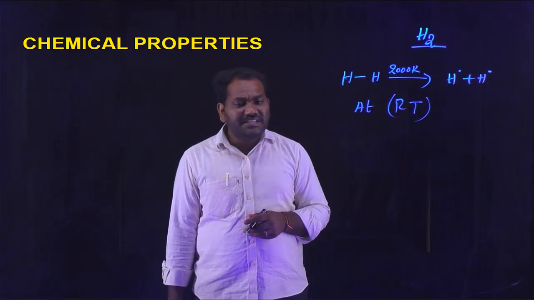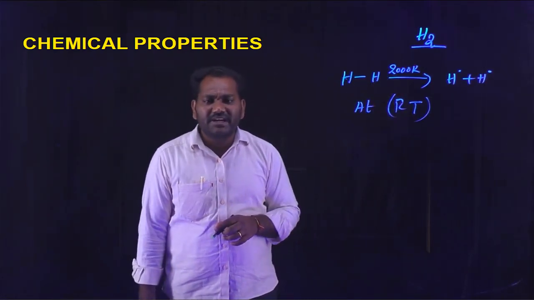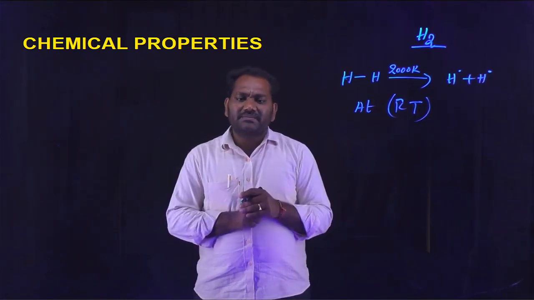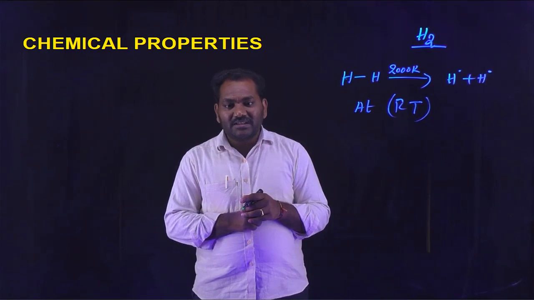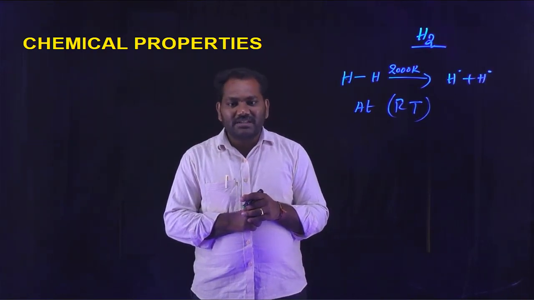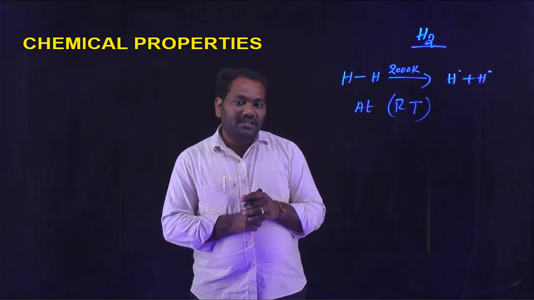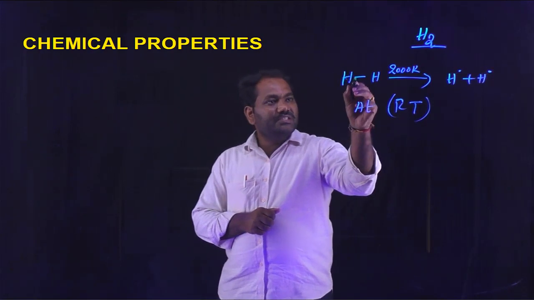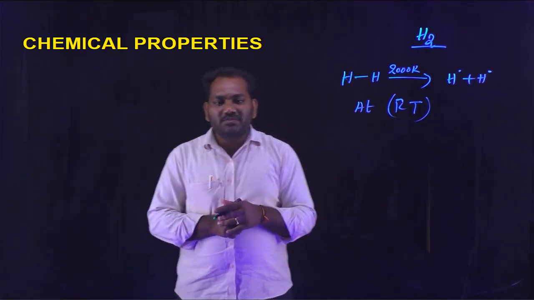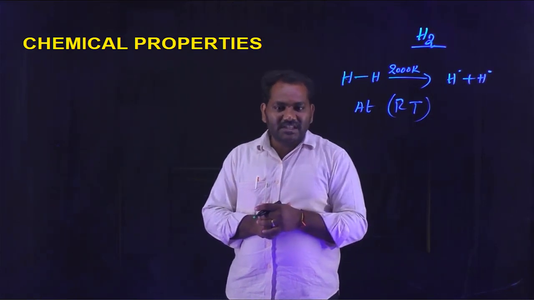But hydrogen needs around 2000 kelvins. At room temperature, generally hydrogen is considered as an inert medium. That's why H2 gas is also used to create an inert medium in the laboratory at room temperature. Why? Because the bond dissociation enthalpy of the H2 molecule is very high compared to other elements which contain a single bond.